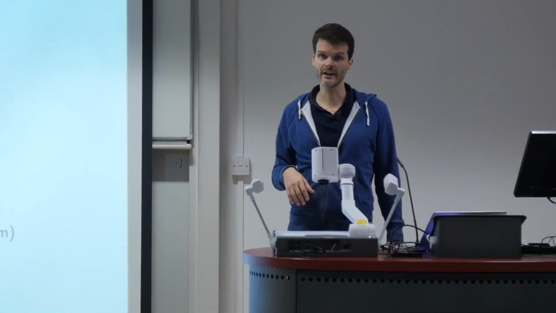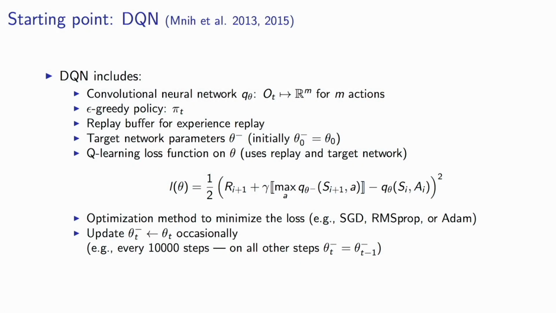This maps into a vector of the same size as the number of actions that you have. So this is a discrete action set. These games have between 3 and 18 actions, and we basically just output a vector with the appropriate number of elements, which means for each state we give you all the action values, and then you can just grab the relevant one to update. This is combined with an epsilon greedy policy, which is maybe an unsophisticated way to explore, but it works quite well regardless.